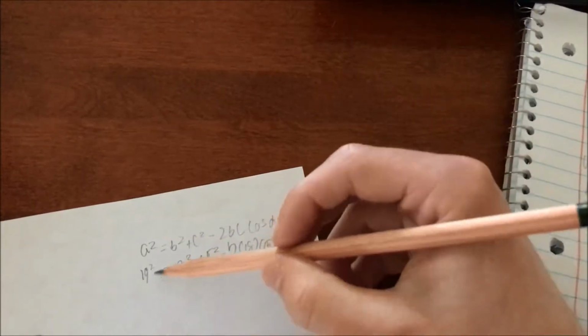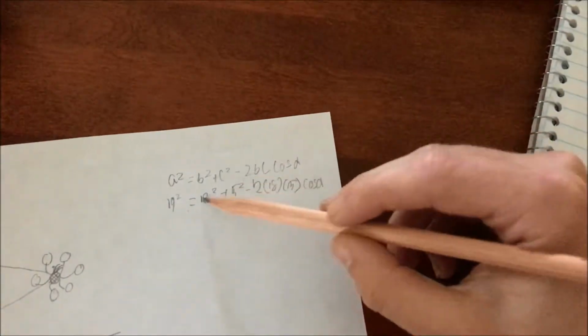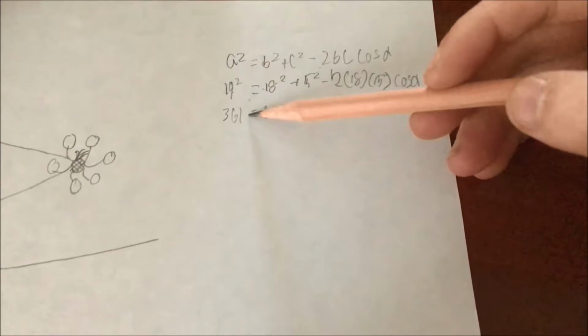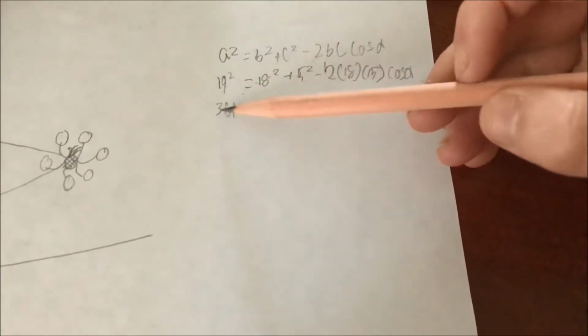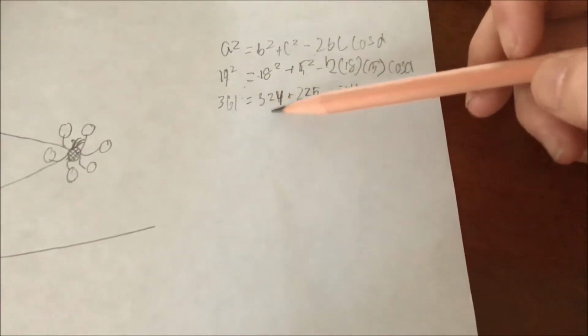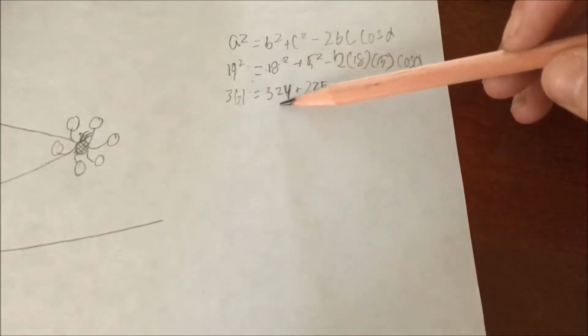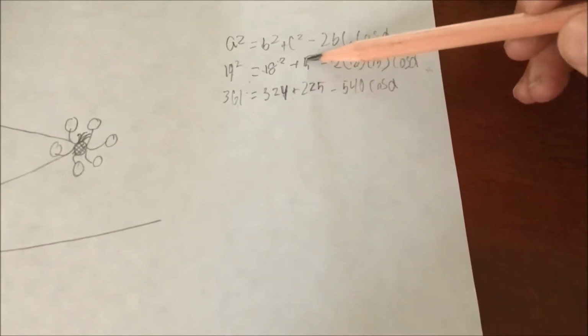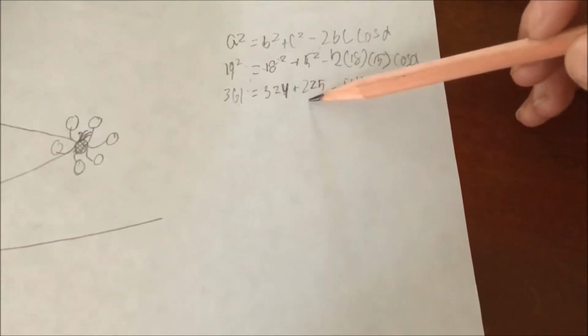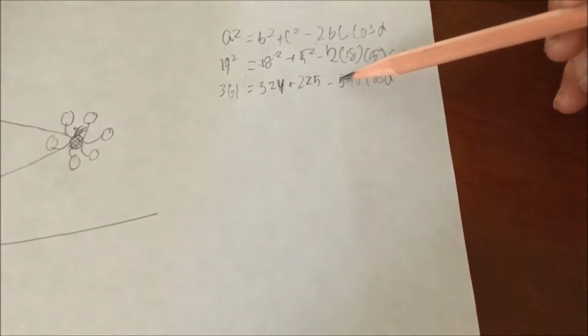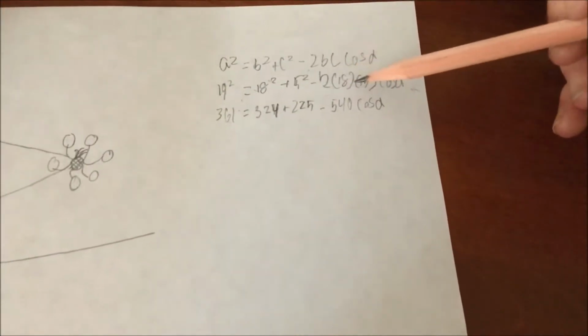So if we figure out the difference between these two, we can figure out what cosine alpha is. So 19 squared is 361, and 18 squared is 324, and 15 squared is 225, and 2 times 18